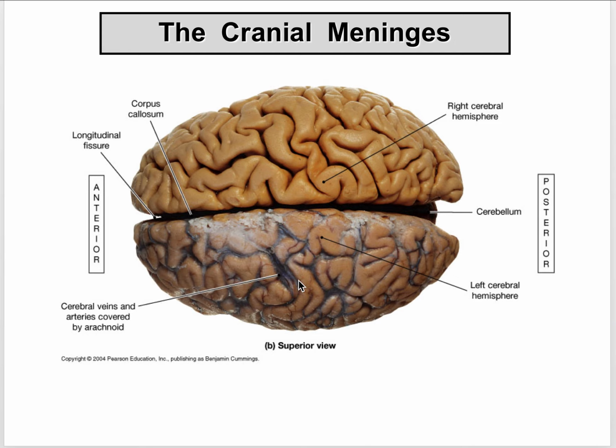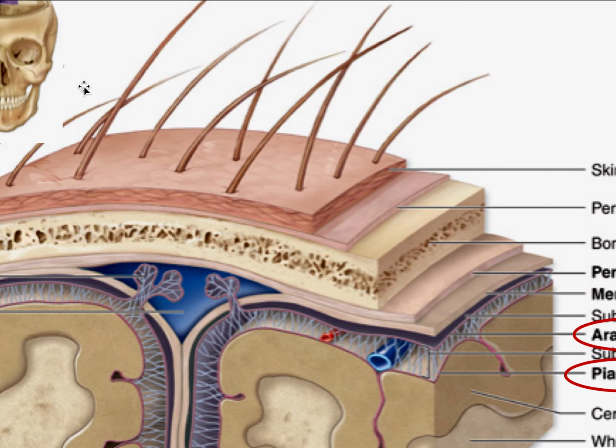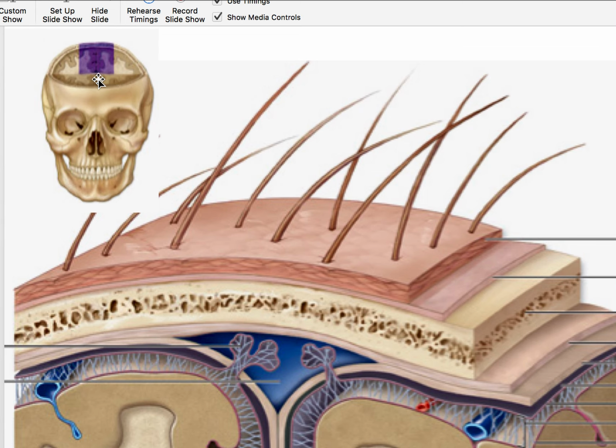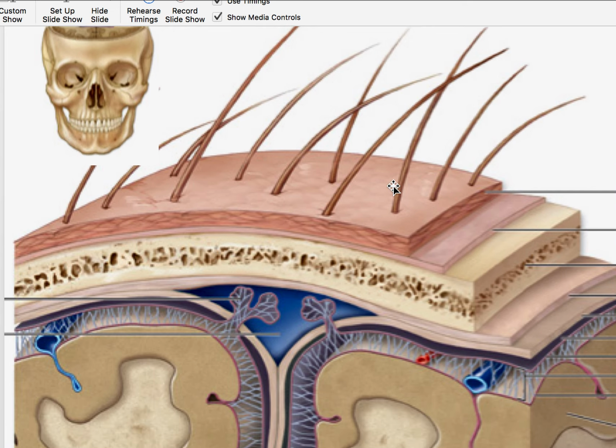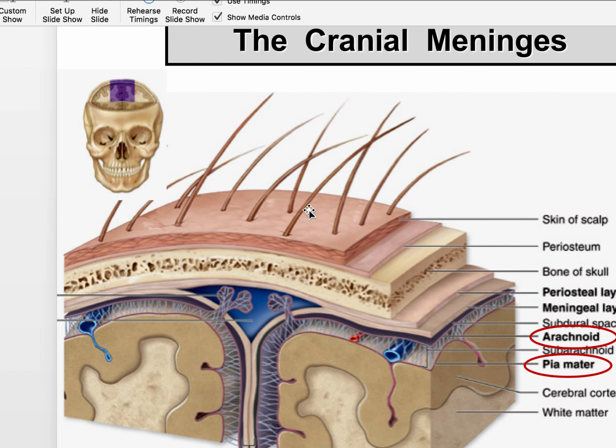So if we dig into some of these details, what we can see in the cranial meninges, if we take a cross section, and this is just a depiction of it right over here, let me move it over so you can see it, is a cross section of the skull, and we can see the cerebral tissue that's underneath it. And if we look under there, what we have are the positioning of the skin, the scalp, the periosteum, the bone of the skull, the periosteal layer, and then we get into